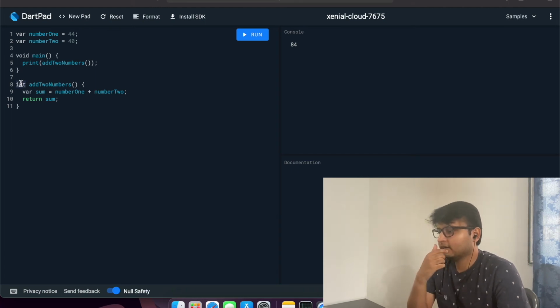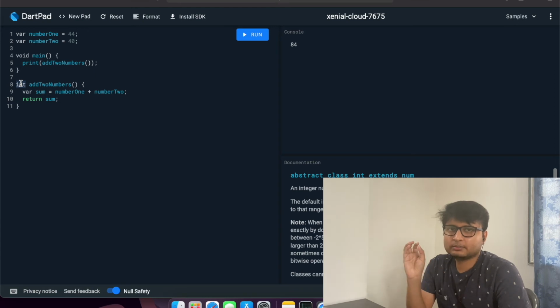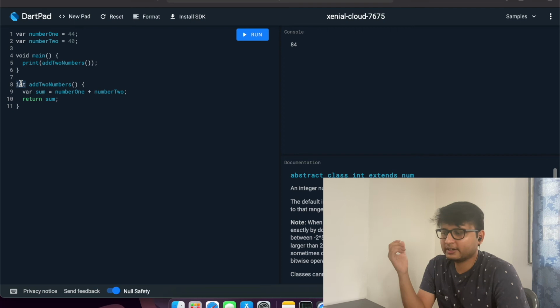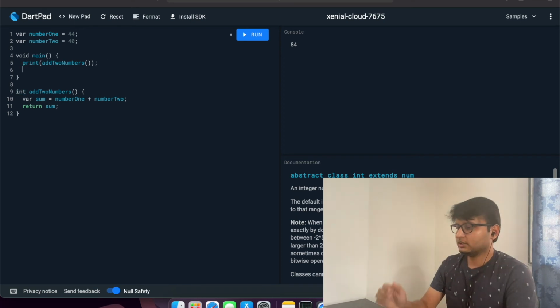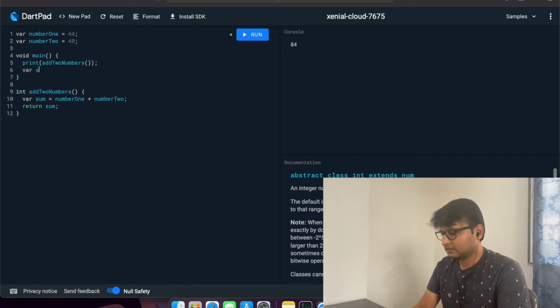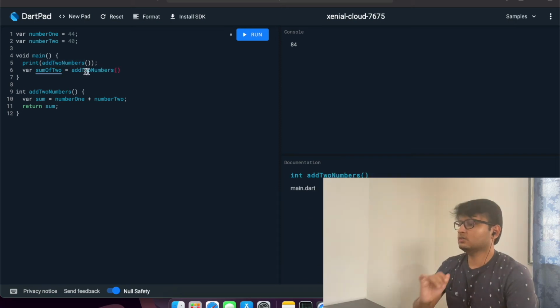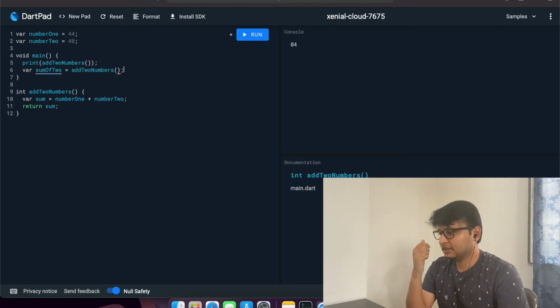Simply you can write it here, string, which will return some string value like hey, my name is Mohit. It will return and you can store it anywhere. You can do this thing also. You can create a local variable sum of two numbers and you can store. You can use functions like this as well. Here you are calling this method. It will return the integer and you are storing that integer in the sum of two variable.